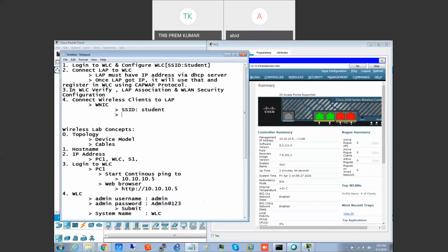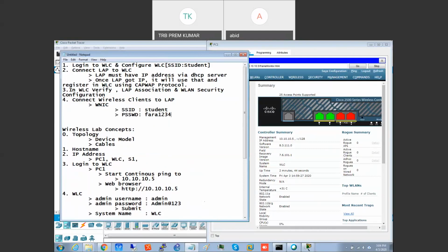Password you give Farah1234. Correct? Yes. That's our whole exercise. Once it is connected, that's it. Lab is done. Clear now?